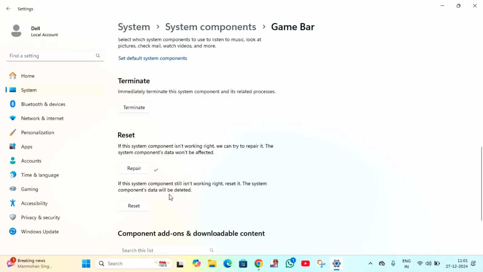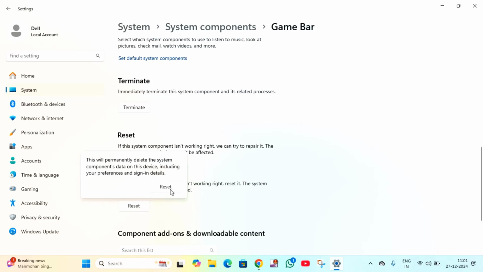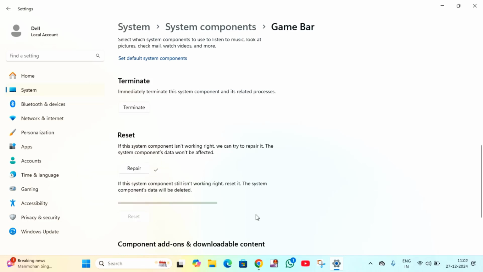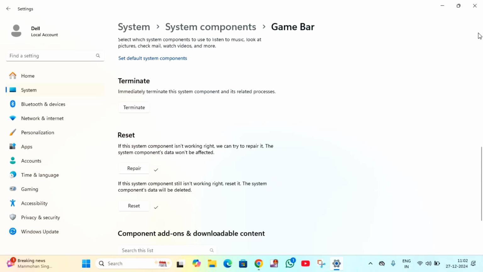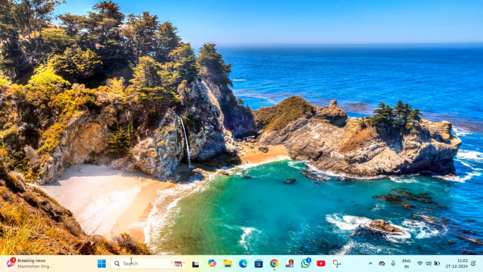If after doing this you are still facing the issue, then you can try this method. Before clicking reset, you have to read this carefully. If this system component still isn't working right, reset it. The system component's data will be deleted. After reading this, just click on reset, then click on reset again. After completion of this, just close this window, then